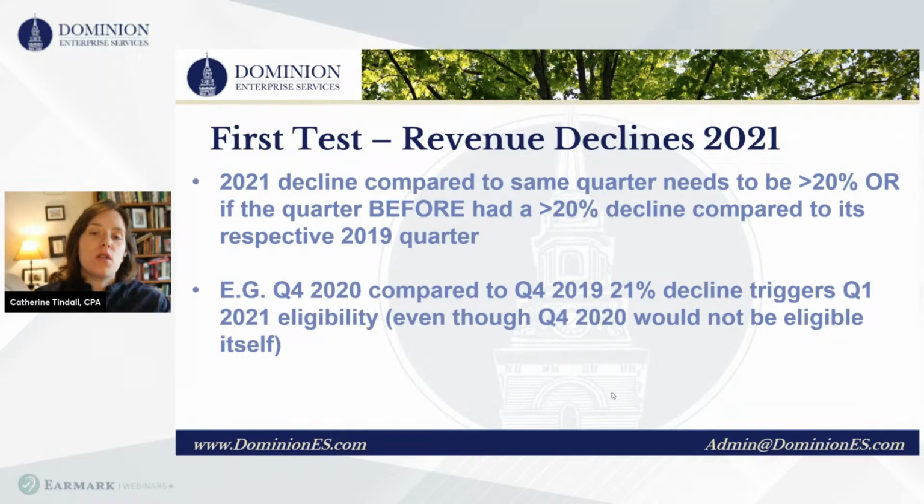And because the 2021 credit in general is a lot better, a lot of organizations tend to qualify in 2021 because the threshold is lower at only 20%. So you compare each quarter to its comparative quarter in 2019. There's also a goofy rule that they put in where you can compare the previous quarter to trigger the quarter behind it. And so what I recommend is just get the tool instead of trying to master what that goofy